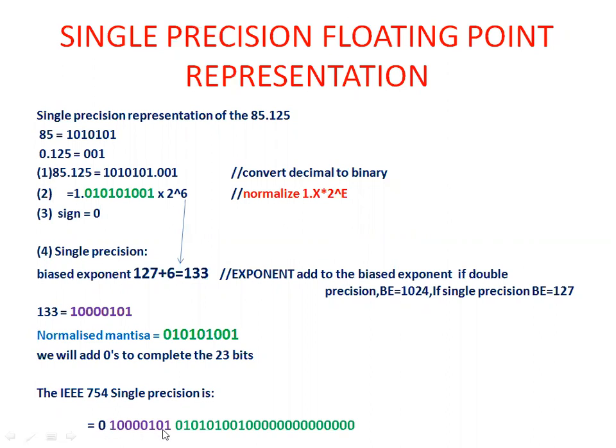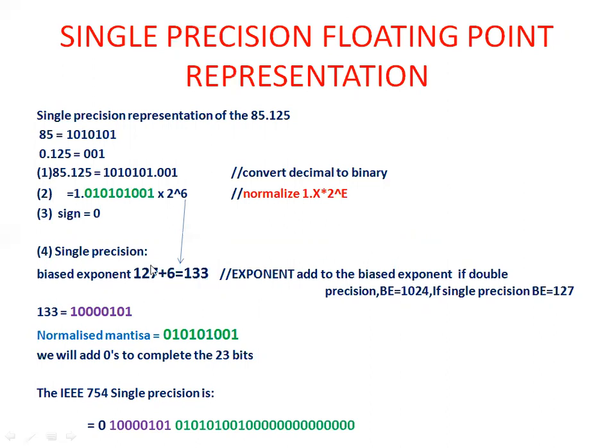And what about the next things? It is the mantissa. Okay, the next field is the exponent. We know very well, what about the exponent here? It is 10000101. So you are writing the exponent. Okay, here you have to check the number of bits. How many bits are we having here? 1, 2, 3, 4, 5, 6, 7, 8. As we all know, the exponent has 8 bits. So there is no issue to write the bits.